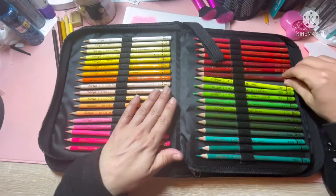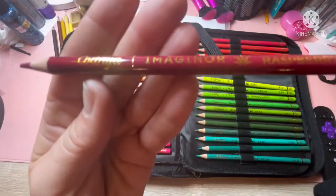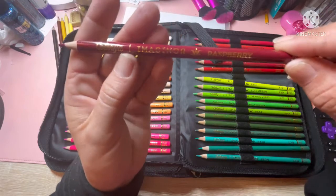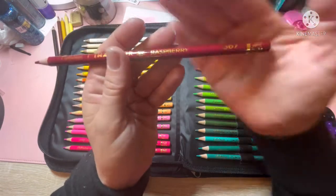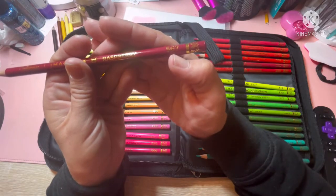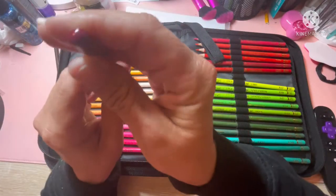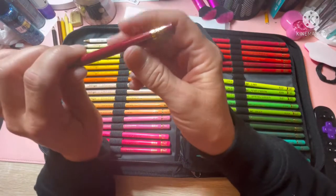So let me pull out a dark one so hopefully you can see better. As you can hopefully see, if my light's not glaring too much, they say Colorya right there, and then Imaginor, and they have a little flower, and then it tells the color name. This one is raspberry, and then it has a color number right there and a nice decorative design on the ends. The ends are dipped, and